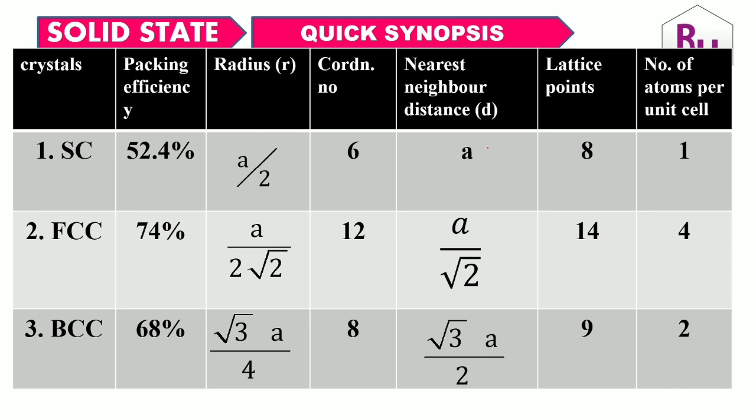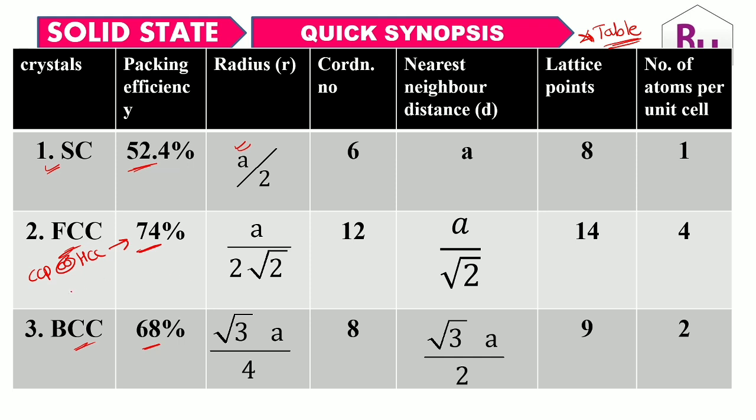Next, this is a very, very, very important table for JEE, NEET or CET. Everything is covered; whatever problems, numericals they ask, you can solve very easily by remembering these things. So, for example, simple cubic. See, we know that packing efficiency is 52.4%, for FCC 74%, for BCC 68%. When I call this FCC, remember FCC or CCP or HCP, it remains the same, 74% only. Radius, if you consider in any of these cubes, radius is a by 2.